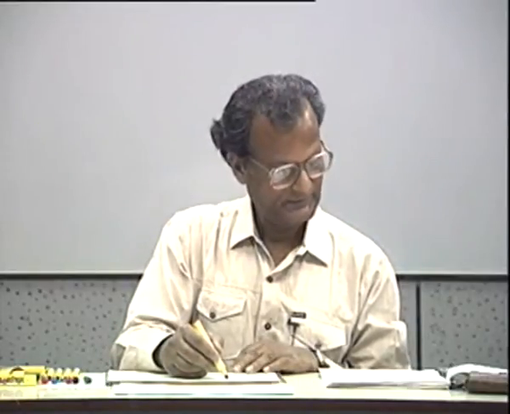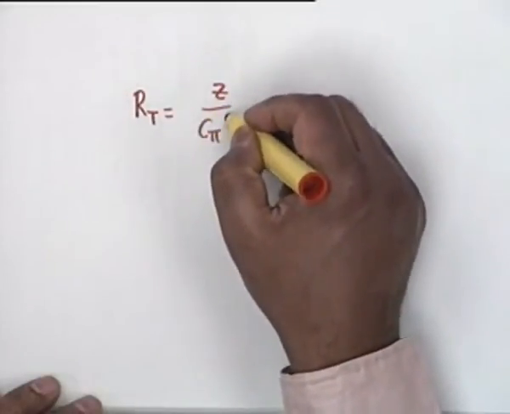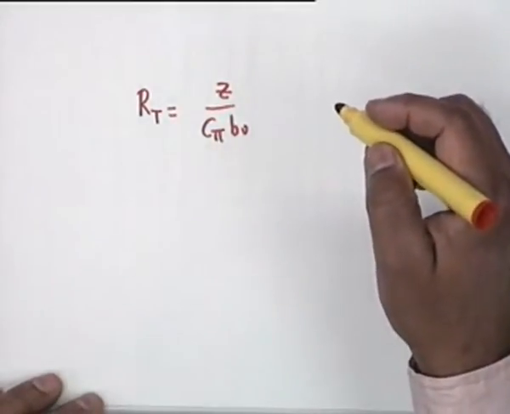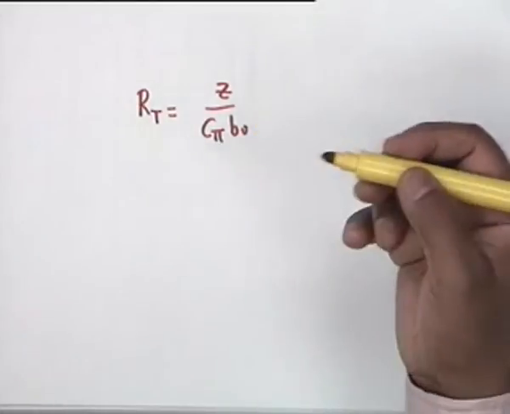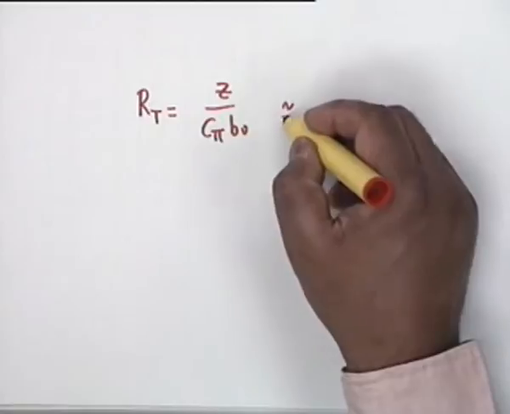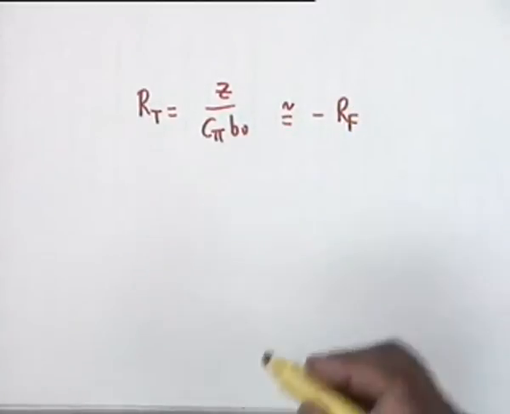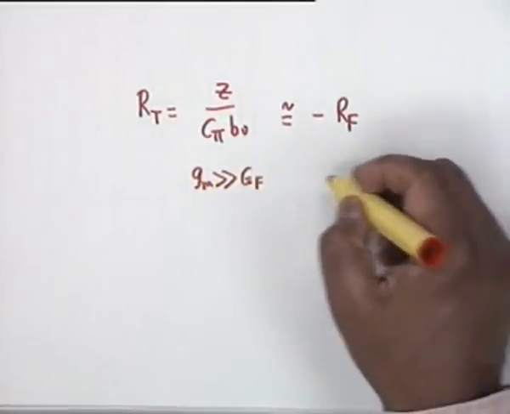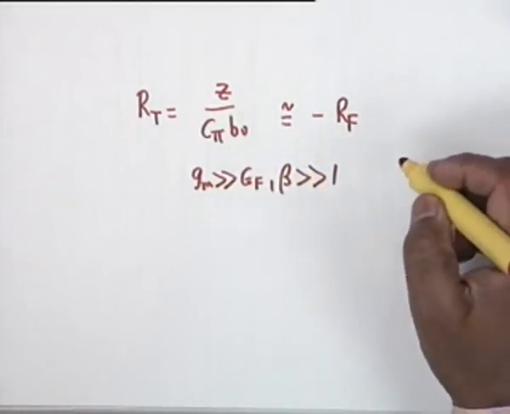Now, we had found out also the output and input impedances of this configuration, and it came out, well, first was the mid-band gain. The mid-band gain, which is Z by C pi B0, mid-band gain, Z by C pi B0. This was exact expression you can find out, but we had shown that this is approximately equal to minus RF, under the following conditions: that Gm is much greater than Gf, beta is much greater than 1, and